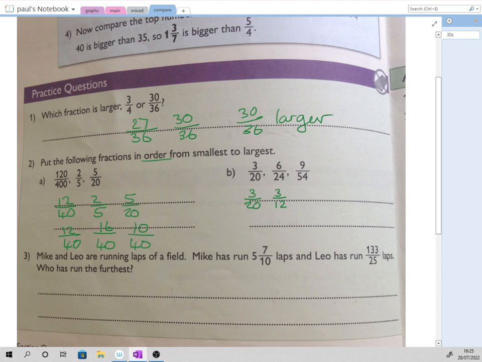I can divide that by 3 again to make it 1 over 4. So I'm going to call that 1 over 4. 3 over 20. It's quite a long way around here. So I'm going to divide that by 9 to give me 1 over 6, 9s of 54. 1 over 6. Oh, that's horrible. 1 over 6. So I've made them as small as I can,